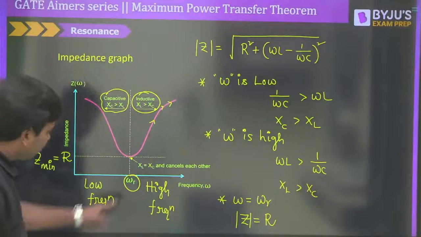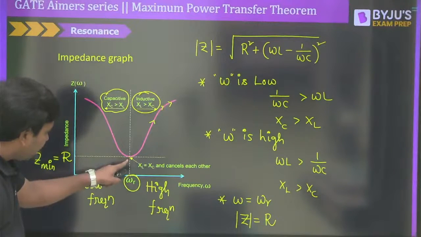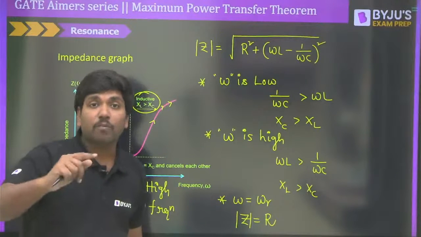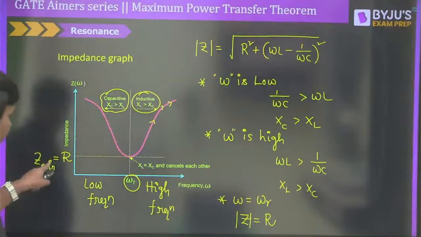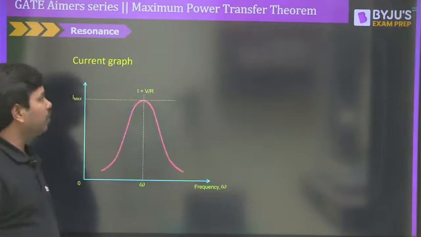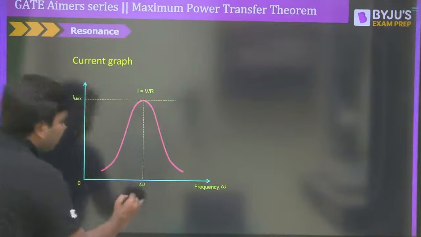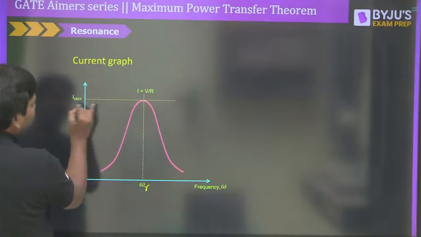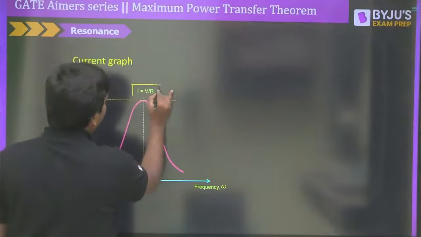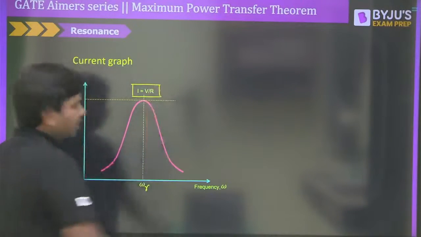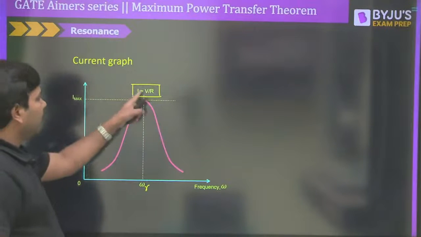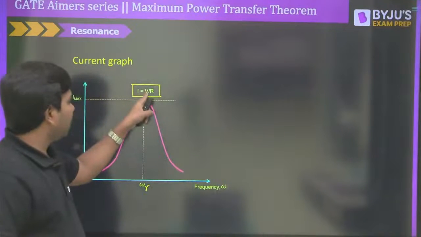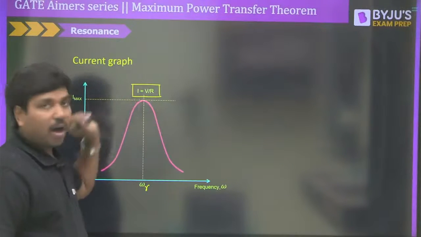So what does it mean? At omega equal to omega R, we are going to see the minimum value of impedance. That means we are going to have the maximum value of the current. If the impedance is minimum, the current flowing through the circuit will be maximum. Simple. Therefore, exactly at omega equal to omega R, one can see the maximum current I max, which is equal to V divided by R. In fact, this is the RMS value of the current. Clear? So the maximum value of the current flowing through the circuit is V by R, where V is the RMS value, R is the resistance, and I is the RMS current here.